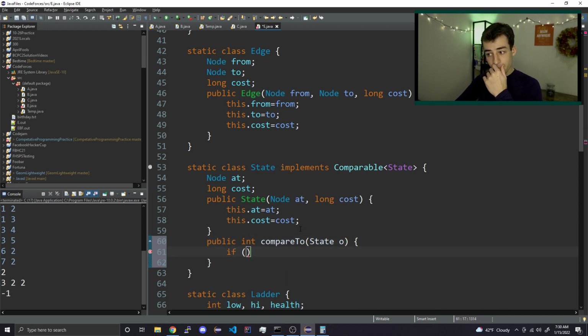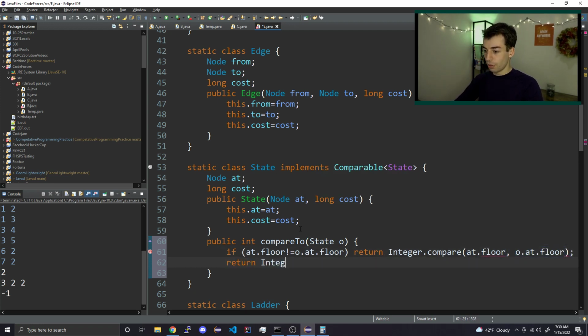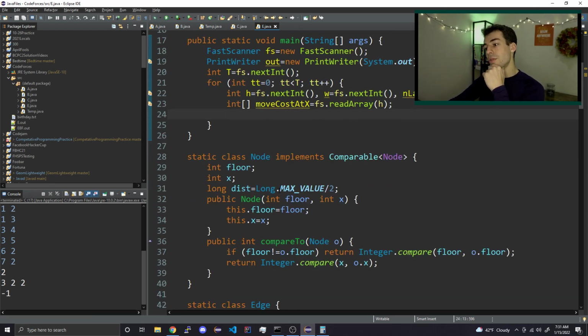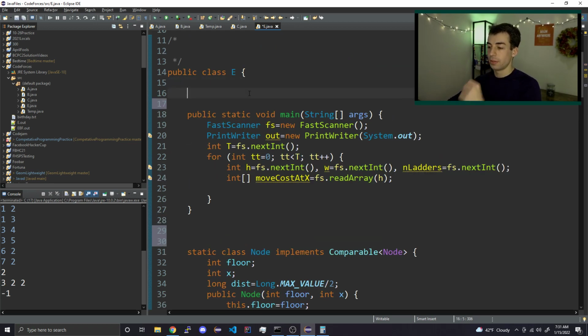So if at.floor is not equal to o.at.floor, return integer.compare at.floor, o.at.floor, or return long.compare cost to o.cost. Okay, nice. So now we need